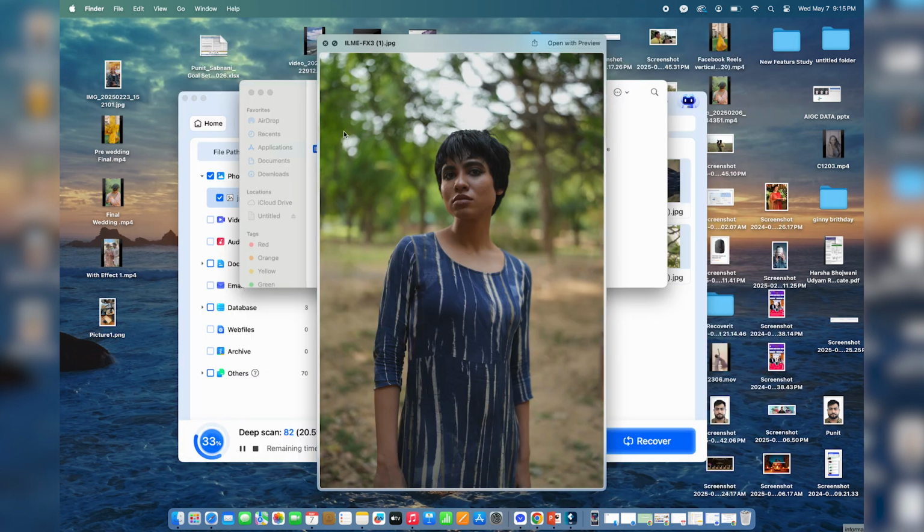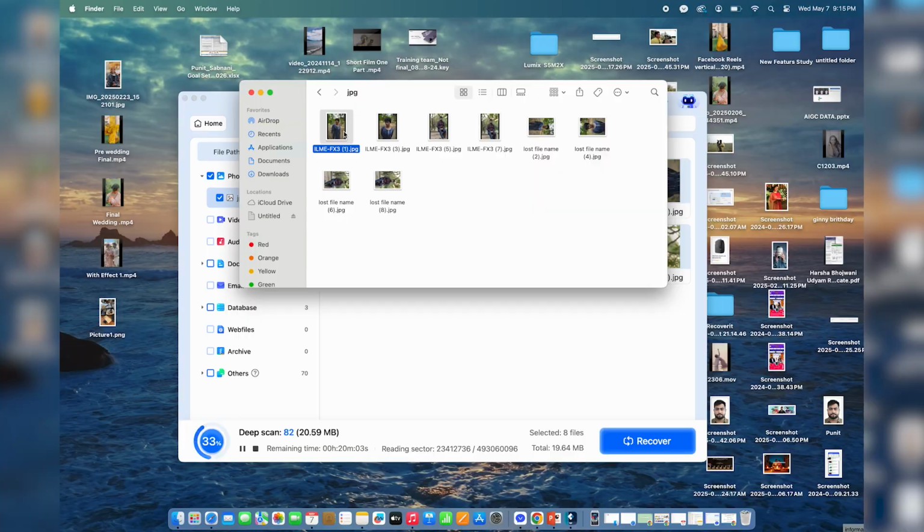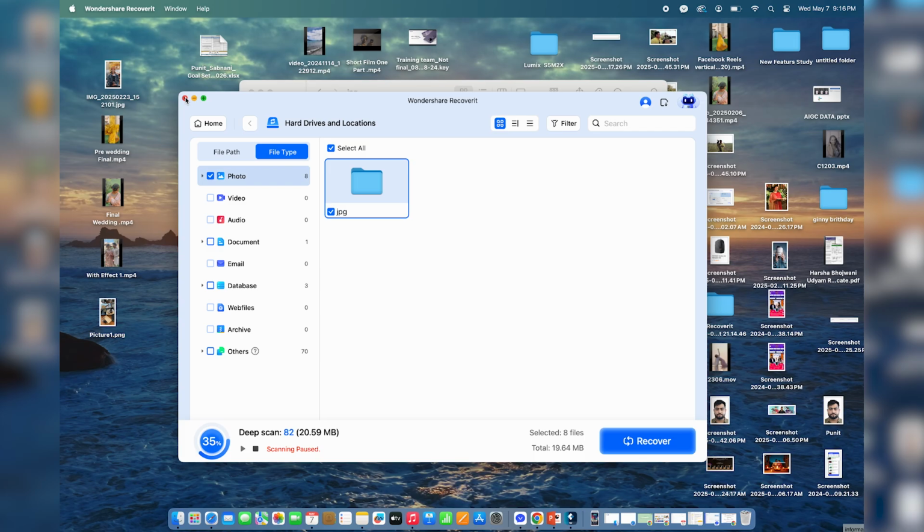It all depends on how much data you're going to recover. It can also take 1 or 2 hours depending on your PC's performance. Right now I'm using a MacBook which has an M4 Pro chip. That's why it recovered the images so quickly. So this is how this software works. It recovers the data so fast that you can always be tension free if your card got formatted or corrupted by any of the reasons.